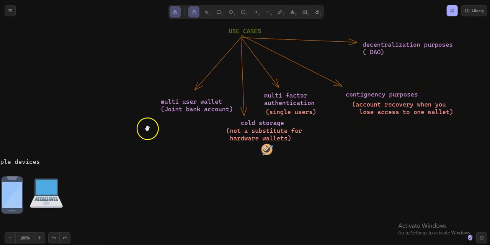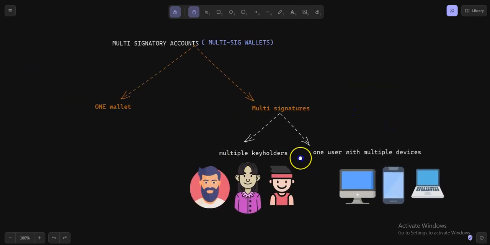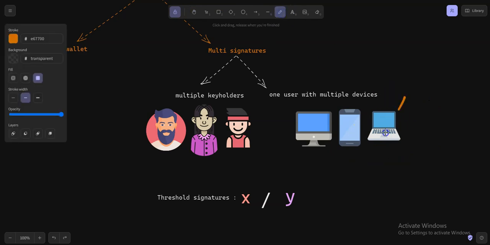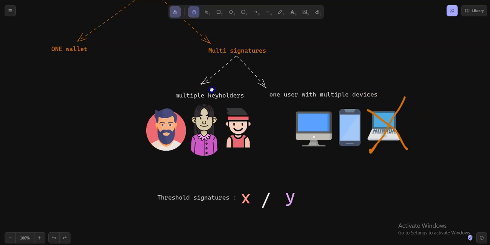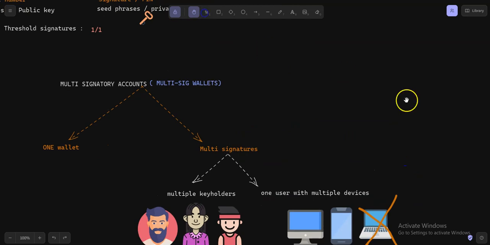When you create an account, like in this case, since they are multi-users, you say, okay, 2 out of 3. Let's take, for example, that you lost this access. You can still sign transactions with the others and also add other devices as time goes on. Unlike this case, where if you just lost access, you are doomed.